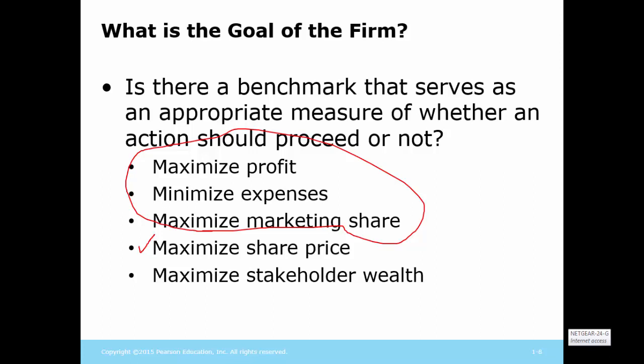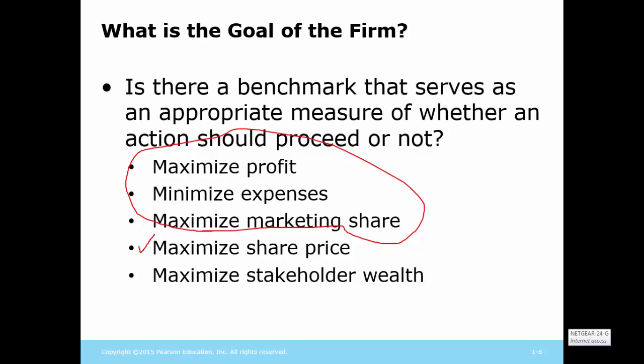Now, this is going to show up in a lot of different quizzes, etc. In fact, almost every quiz, almost every technique we talk about has this as an underlying concept. So let's say one more time. The goal of a financial manager, the goal of making a financial decision, is to see the stock price increase. You want to maximize share price, stockholder wealth.